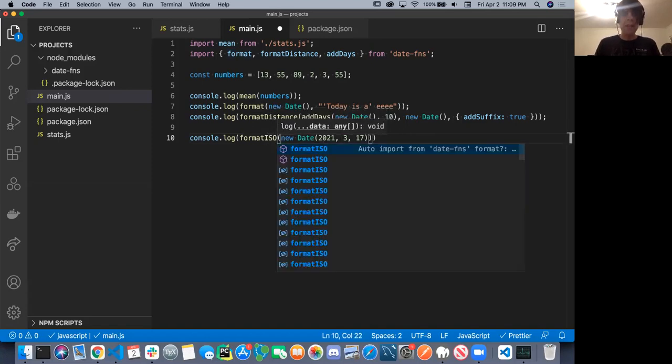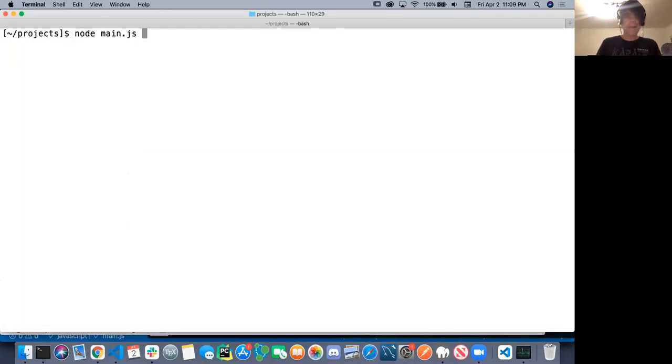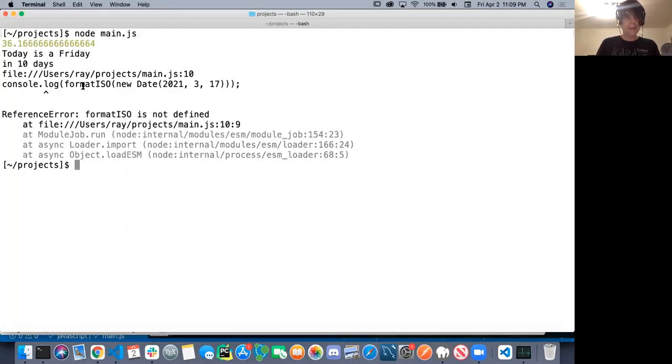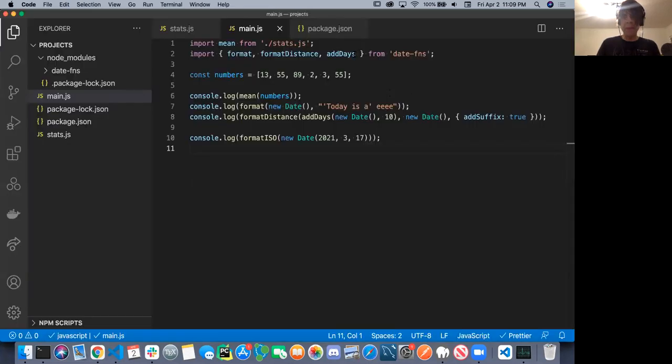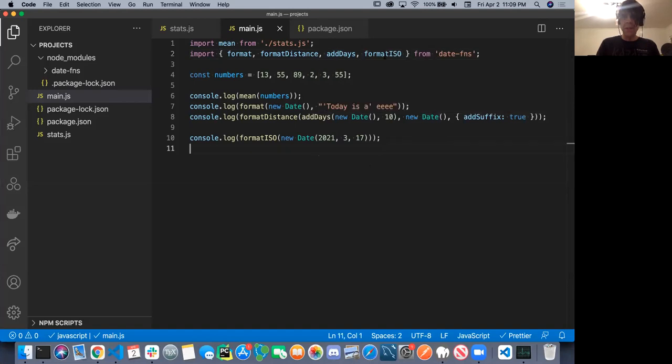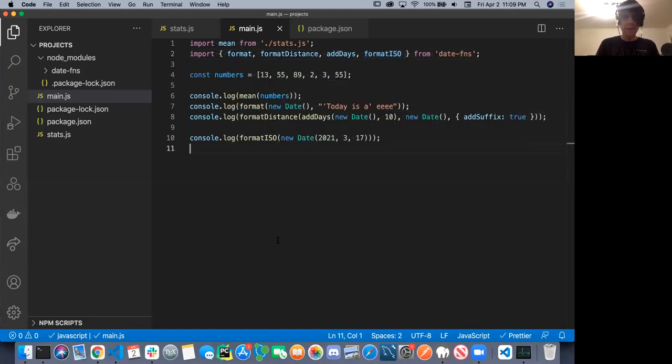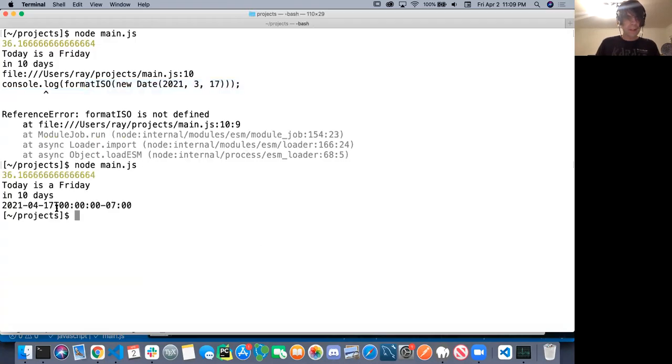Perhaps you've heard of ISO dates in ISO format. If you have, you can see that, whoops, something's wrong here. I haven't imported format ISO. Let's make sure to import it because this is coming from date funds. So I brought in format ISO and ran it, and then you can see